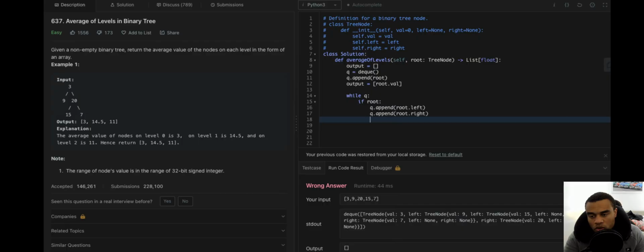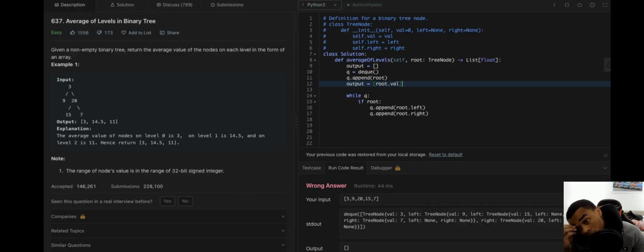So now our queue should have left and right in it, right? Should have 3, 9, and 20. Well, the average over here should already be calculated, right? So the average is the value there. Yeah, okay.